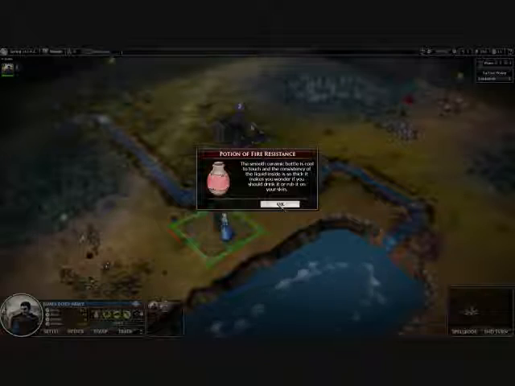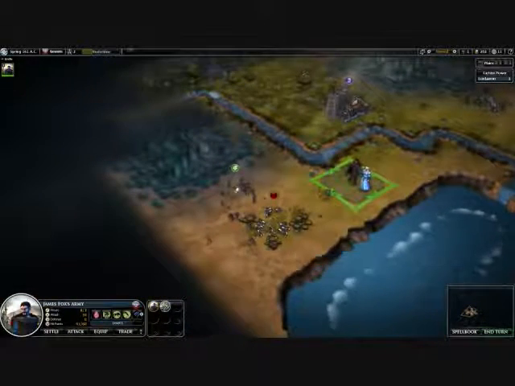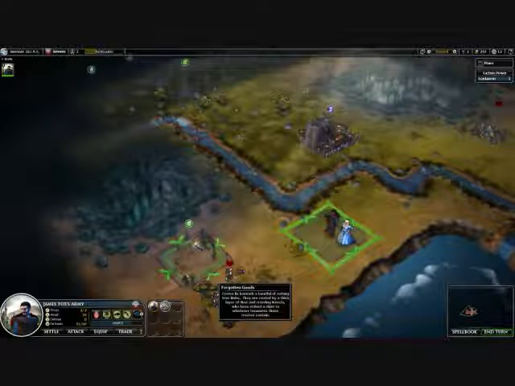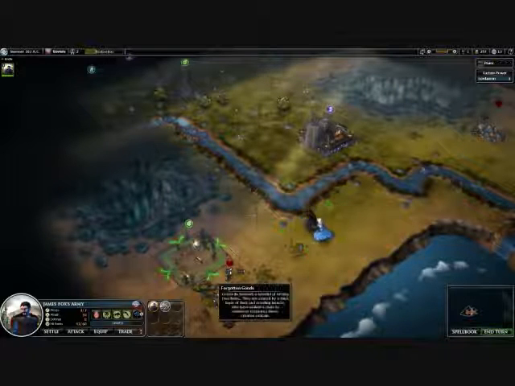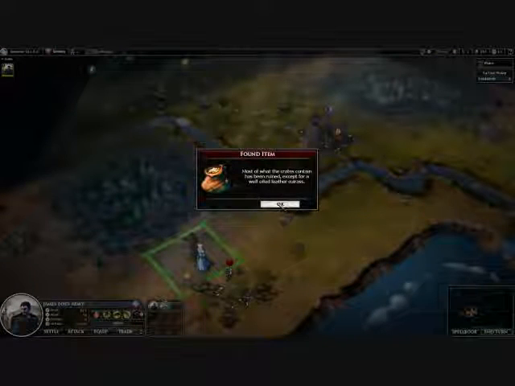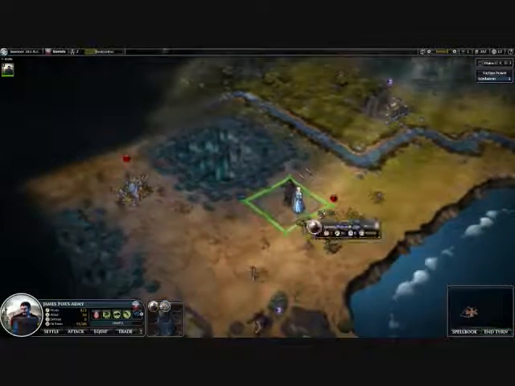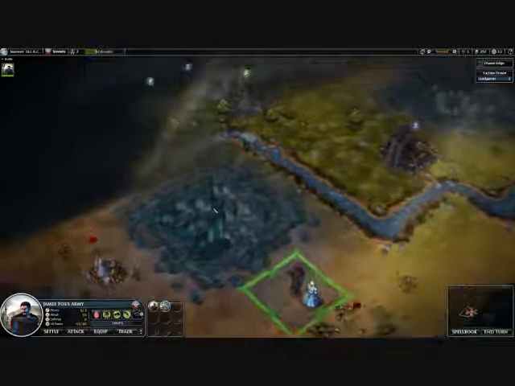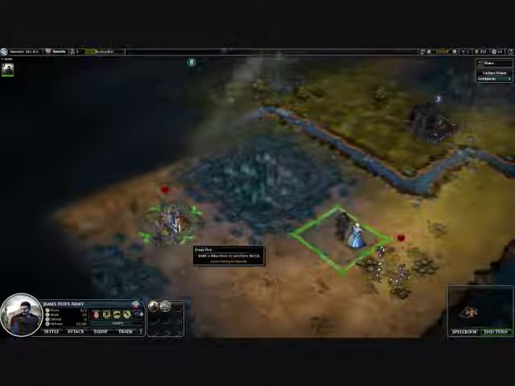Okay, we found some fire resistance potions. And some horses. That's good. And I still have yet to find anything to settle around. I'm trying to find a farm or something, some wheat. Here we go, leather cuirass. Okay, another character. Iron ore. I'm going to take the long way around. I don't feel like I'm in any hurry to